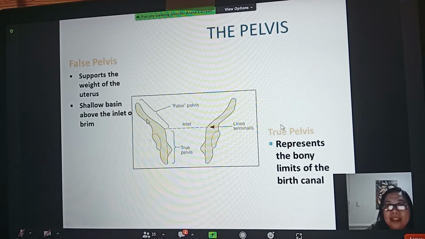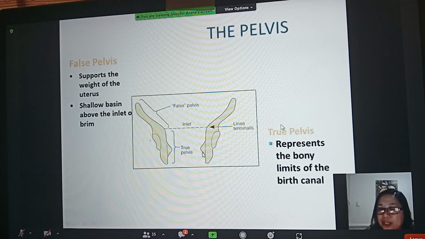So the pelvis is composed of the false pelvis and the true pelvis. The false pelvis, this part here, supports the weight of the uterus. It is like a shallow basin above the inlet. Okay, this is the inlet. The true pelvis, on the other hand, this part here, represents the bony limits of the birth canal. So it is in this part where